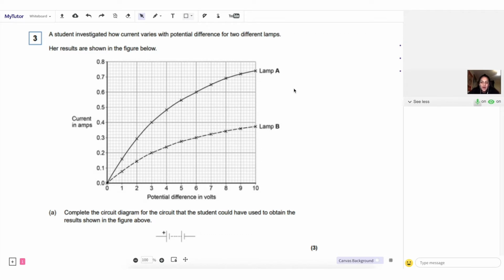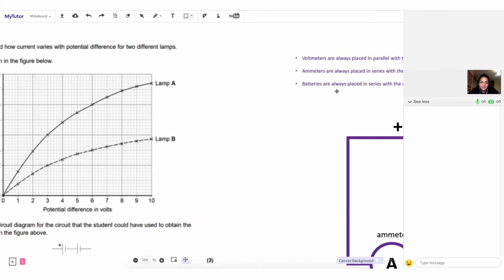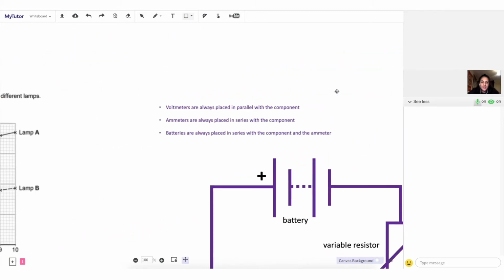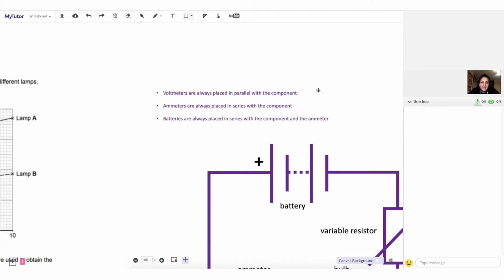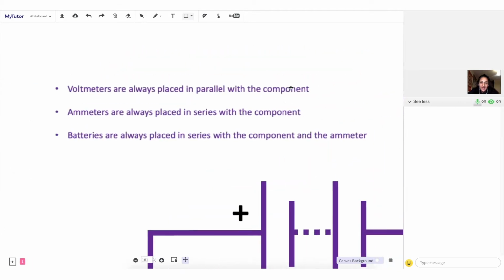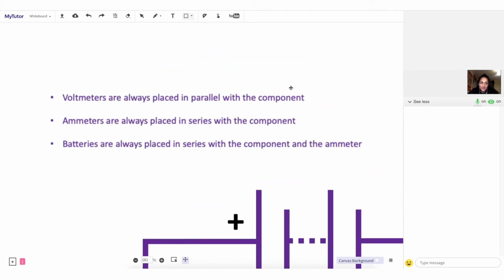The first part of the question asks us to complete the circuit diagram for the circuit that the student could have used to obtain the results shown in the graph. Now, to first attempt this question, we need to know the three most important rules of circuits. Voltmeters are always placed in parallel with the component. Ammeters are always placed in series with the component, and batteries are always placed in series with the component and